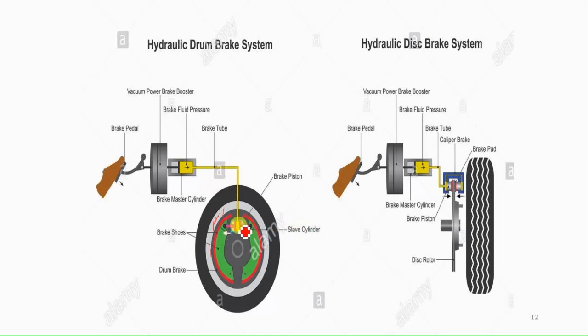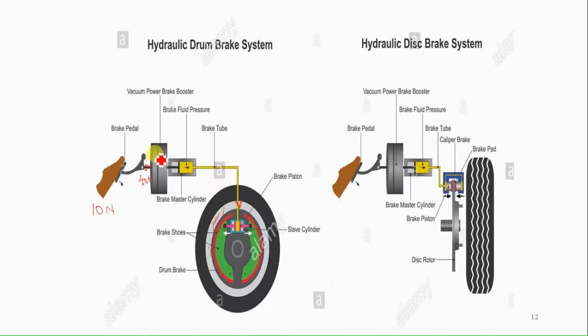At this particular slave cylinder, the pressurized fluid is provided with the help of this master cylinder. When the driver applies braking effort, this effort goes to the master cylinder via the vacuum booster, or the power booster. If the driver applies 10 newtons of force on this brake pedal, it is magnified by the leverage ratio, which develops a mechanical advantage. If the leverage ratio is 4 times, the effort is increased to 40 newtons.